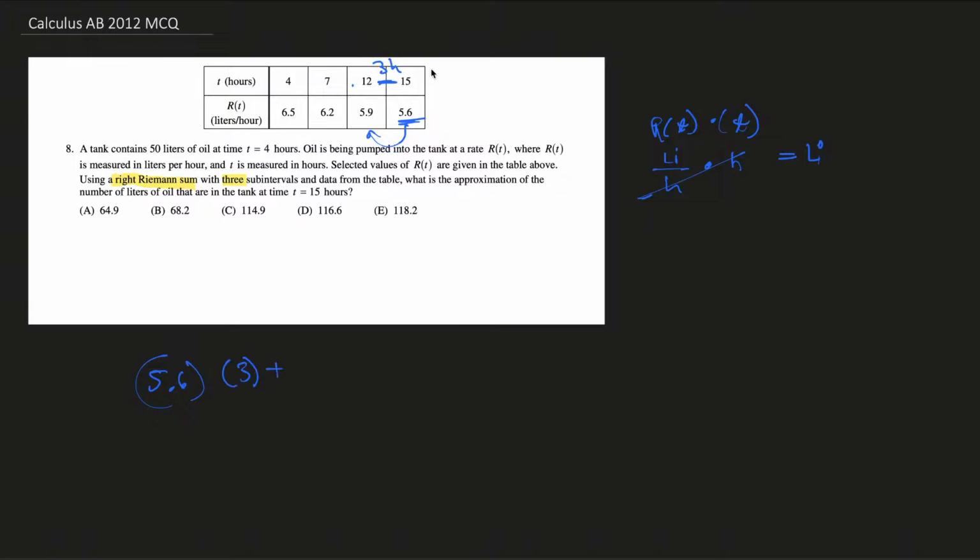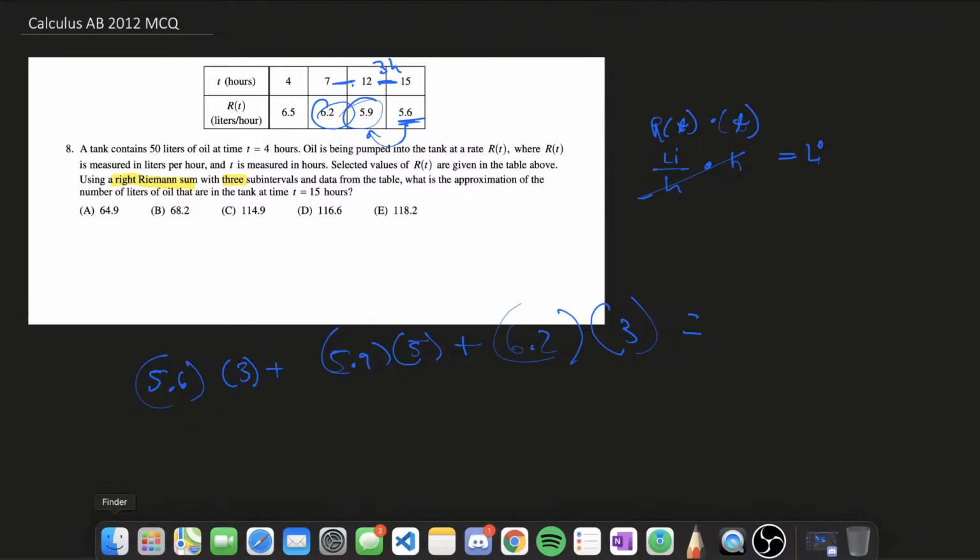3, plus, from 12 to 7, that's 5 hours, so we're going to assume that this was the rate, in liters per hour, for 5 hours. Plus 6.2 times 3. So this is an approximation for the amount of the change in the number of liters. So when I solve for this, this gives me